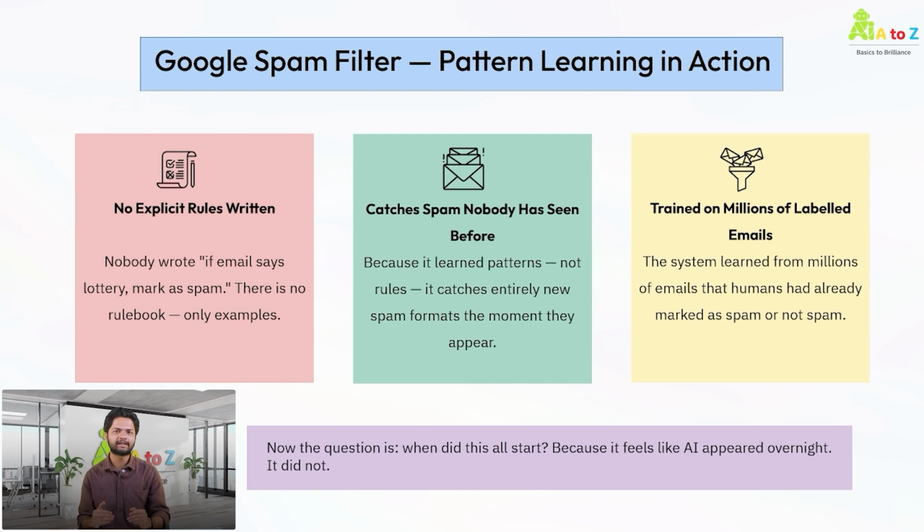So, if you step back, this entire system works because of three things: no hard-coded rules, ability to generalize to new cases, and learning from massive labeled data. And when you open your inbox and spam is already filtered out, you are seeing all three of these steps working together. Now,